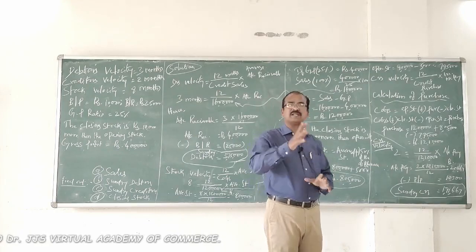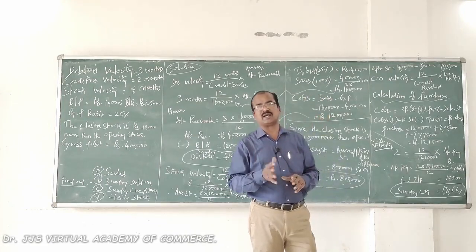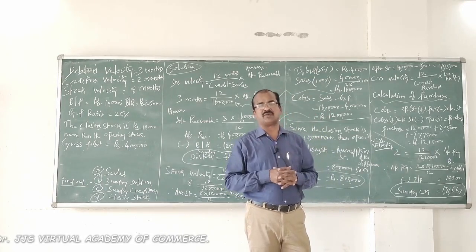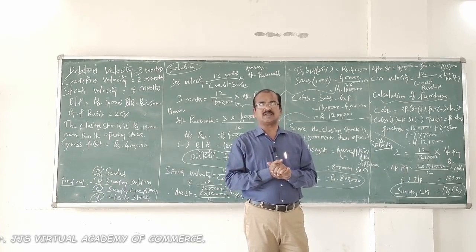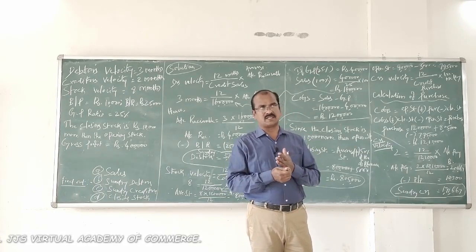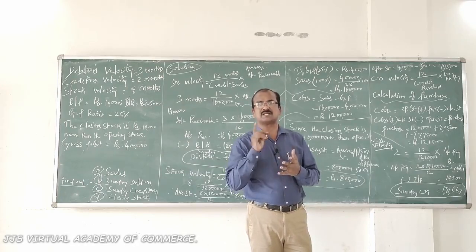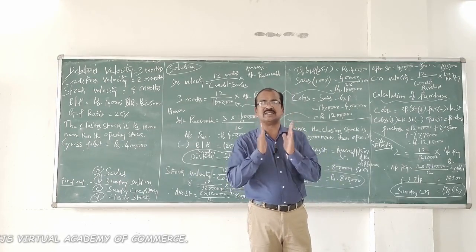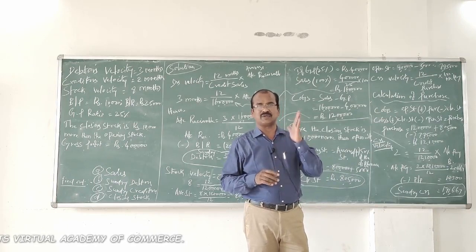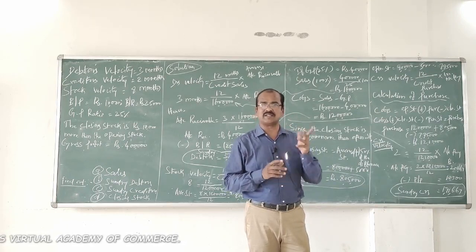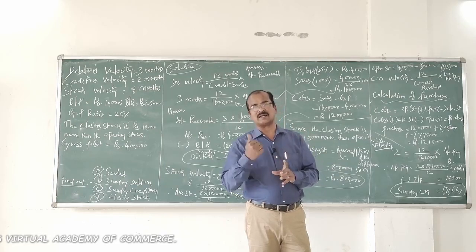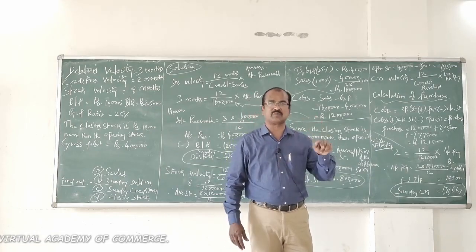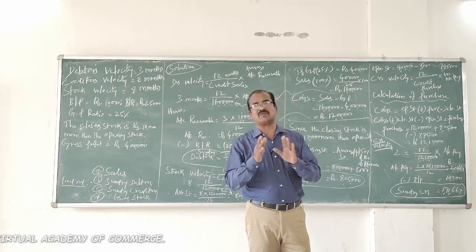Now, let us calculate purchase first. There is a popular formula for calculating purchase. That formula could be derived from a very common formula for calculating cost of goods sold. What is the formula for cost of goods sold? Cost of goods sold is equal to opening stock plus purchase minus closing stock. This formula has been established with reference to the T form of trading account. If you refer to the debit side items, you find opening stock there, purchase there, you add both. In the credit side, other than sales, you find what? Closing stock. That is what you have to recall. So opening stock plus purchase minus closing stock will give you cost of goods sold.